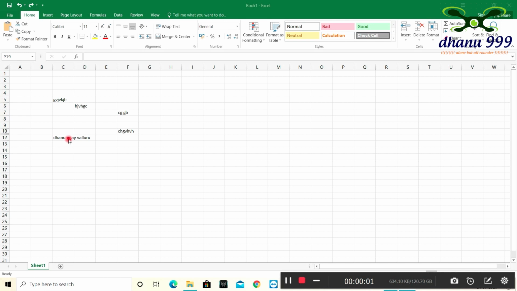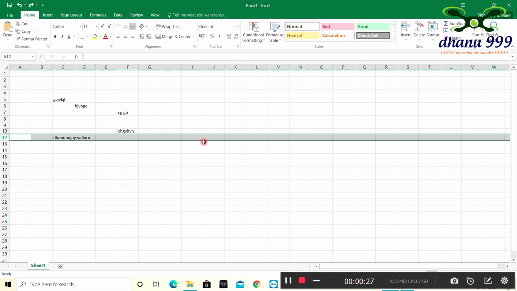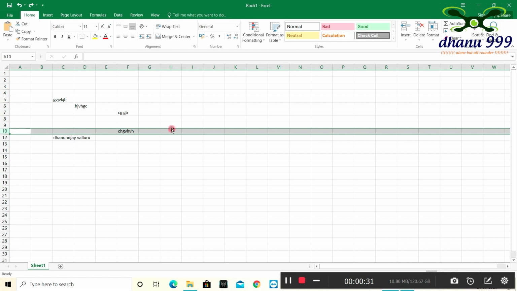Now I'm going to show something. If I select this cell, it selects that particular cell only. If we click on the top of the column, C column, the total column is selected. If I select the D column, the total D column is selected. If I select here, the total E column is selected. The same is seen in rows also. If I select the 12th row, everything is selected, and if I go to the 10th row and select, everything is selected.